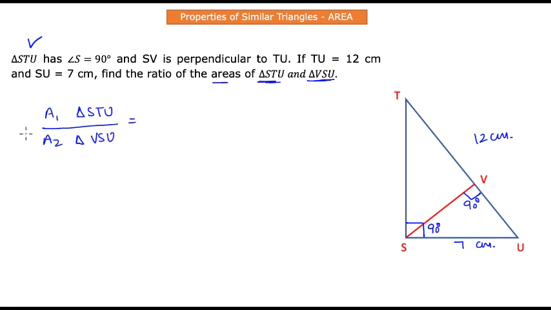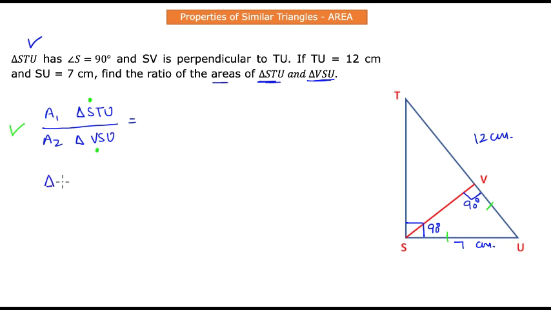So this ratio can be found in two ways. Way 1 is that we find the individual area of each one of those triangles and we find the ratio, okay? But for that we need all the dimensions, right? We don't have all the dimensions of the smaller triangle, or we don't even know where this dimension of the smaller segment of the smaller triangle is, right? But we can also do this. If somehow we could prove that triangle 1 is similar to triangle 2, then we can find the corresponding sides, square them, and then find the ratio, okay? So let's try our second approach.